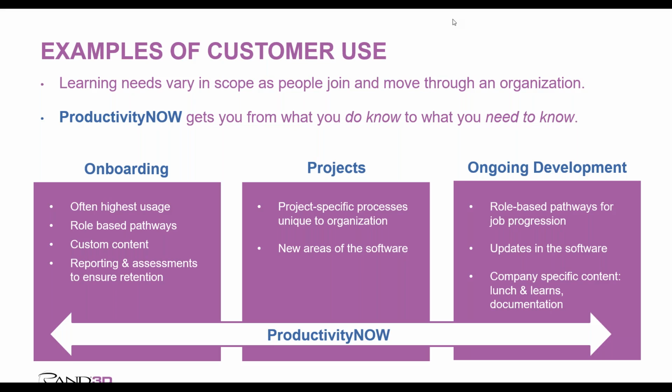The other thing that we have seen a lot of as well is that building of a custom library. So taking what we already have within the Productivity Now site and using the Ascent courseware and really being able to keep the parts of it that you like and be able to remove maybe what's not relevant. If there's 3 different ways to go about doing something, oftentimes there's one that's preferred, so that you can remove any of the content that isn't relevant and be able to put in best practices and put in unique custom content into the site. And that really does have a big impact for those who are going through the portal